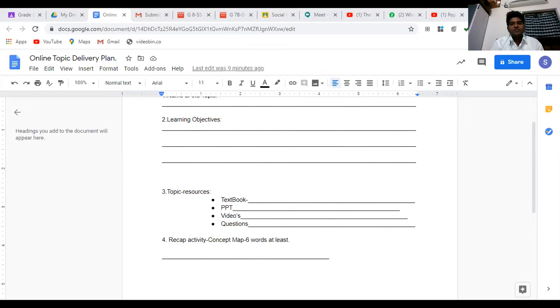So you can follow this 4-step process. First, have a plan. Second, set your ground rules. Third, keep the resources ready. Fourth, involve the students using the chat box quickly. This is the method I use for keeping my lessons engaging.